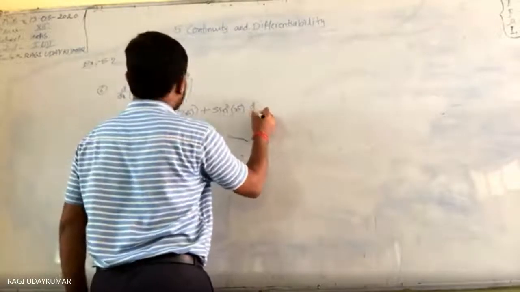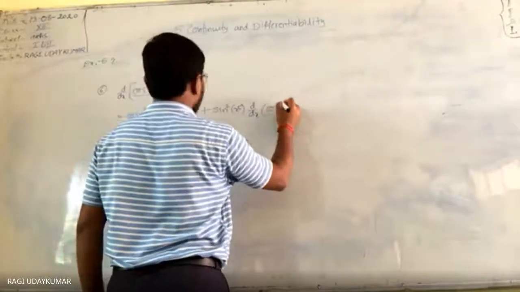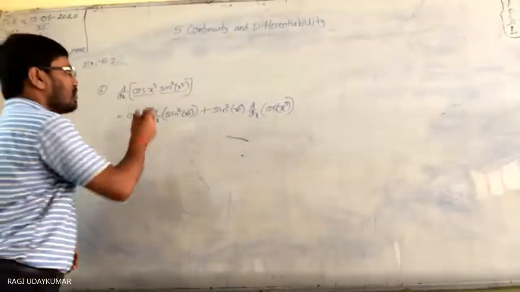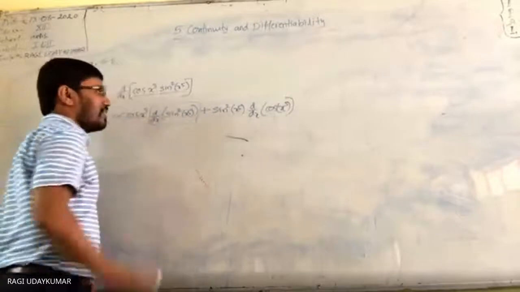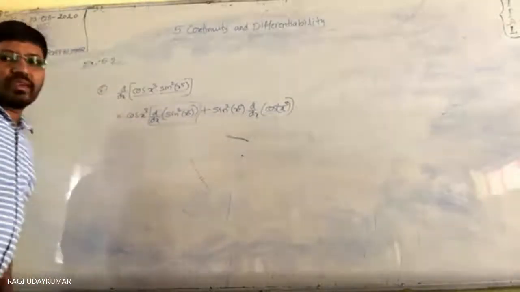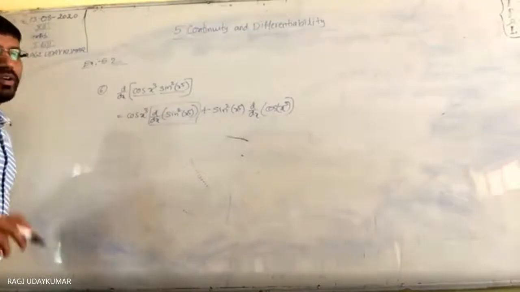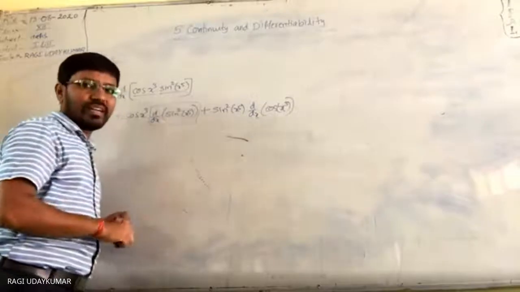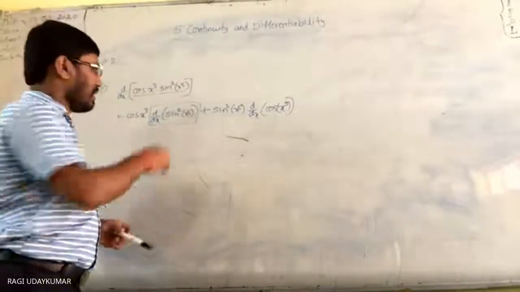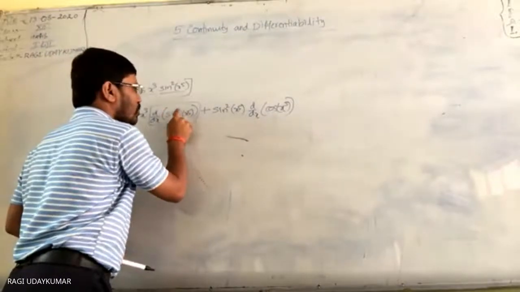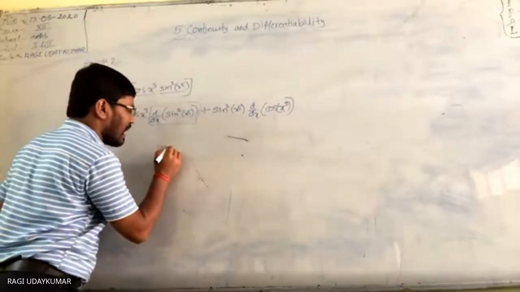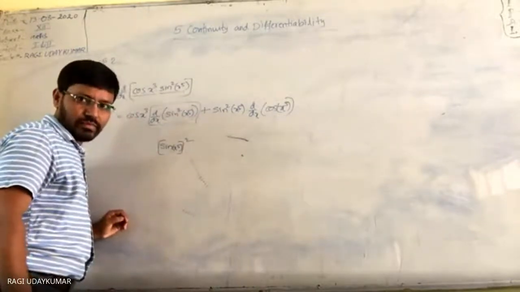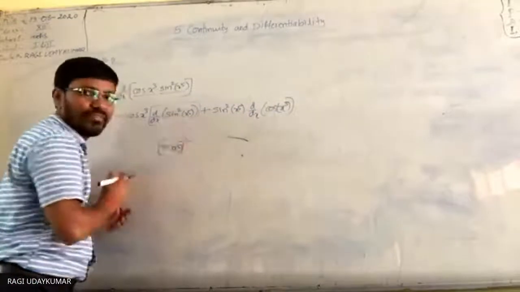into d by dx of cos x cube. So this is cos x cube. Please do remember, cos x cube is different. Whenever you do that, this is the first rule you have. You will write this one in the form of a square: the whole sin x to the power of 5 is actually sin x to the power of 5 whole square. Here the differentiation of the square has to be done first.